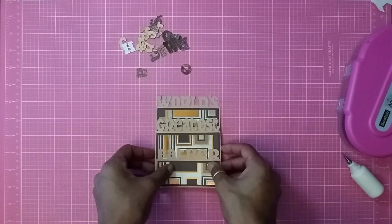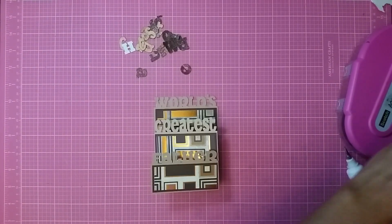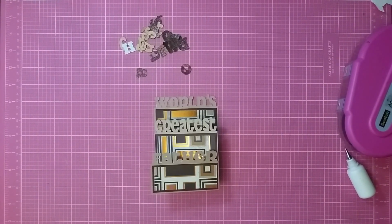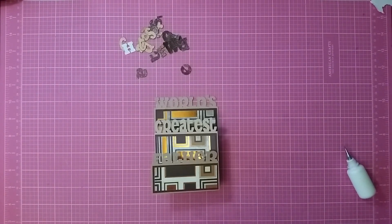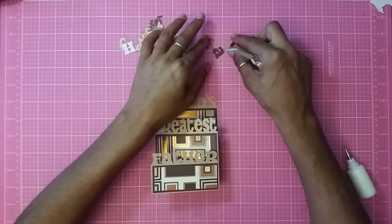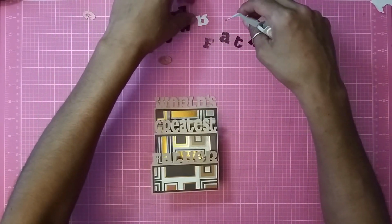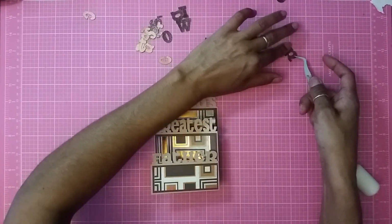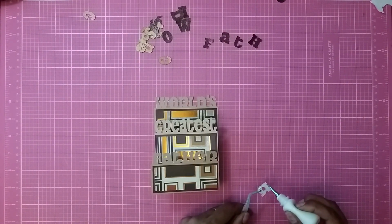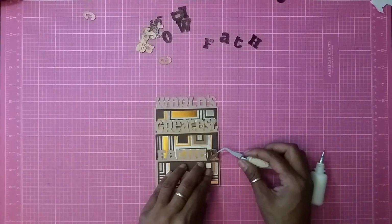So now let's start gluing in the words. Now let me get my tweezers. Okay, so now let's spell out father. F-A-T-H-E-R. Okay, so now I'm just going to take this and I'm going to add some quick dry. Then I'm just gonna,